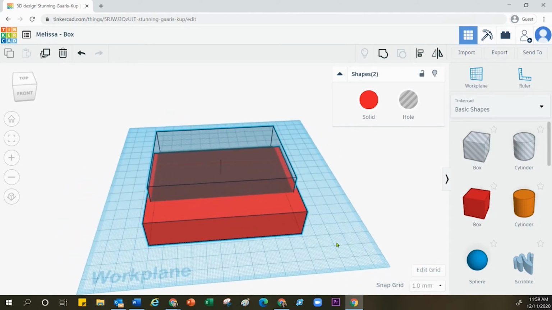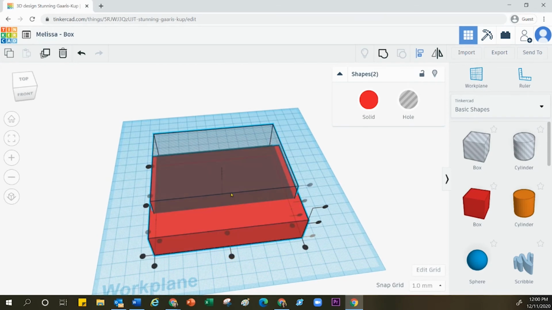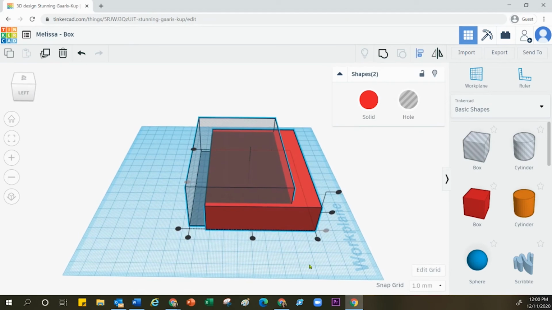Let me explain what those black dots mean. If I want item A and item B to be aligned in the center so that they're both perfectly aligned based on this spot, I can click right here, and now they're both perfectly aligned left and right. If I want them to be perfectly aligned left and right all over again, but based on this edge, I